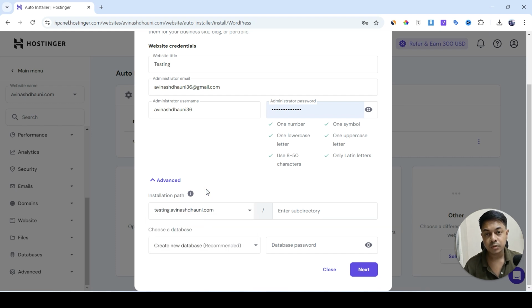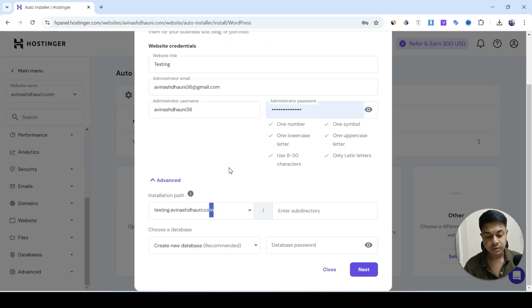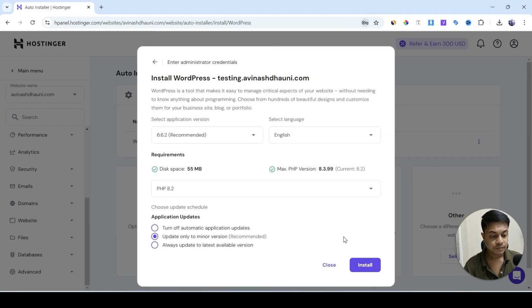The other thing that you can do is, before creating a subdomain, I would advise you to take a backup of your website. If you have a business web hosting plan or cloud web hosting plan, then Hostinger automatically takes a daily backup of your website. And if you're on the premium web hosting plan or some basic web hosting plan, then I would advise you to take the backup manually first and then do this, because you might forget to choose the appropriate domain name. So make sure to choose the right domain name, leave the subdirectory empty and click on next, click on